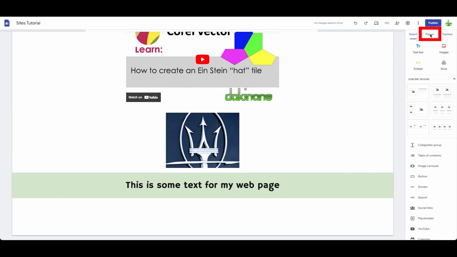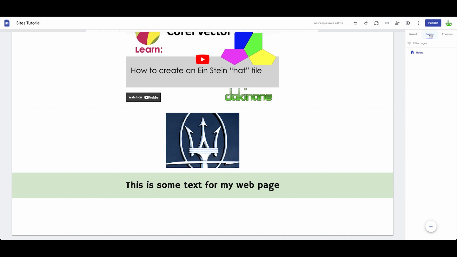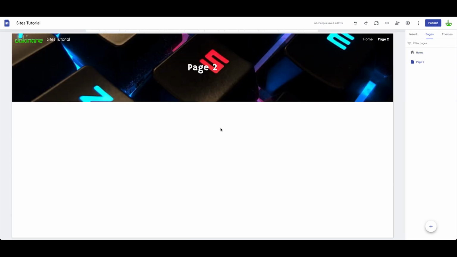What we can do here is we can click on Pages, and once we click on Pages, that gives us a whole new set of other options. So at the moment we've only been working on the home page, the landing page. Let's add a new page, and let's call it page 2. It's not going to be very exciting, but click Done. And immediately under the same template we get a new page called page 2, and we don't like the look of that, so we're going to click on the properties, and let's call this